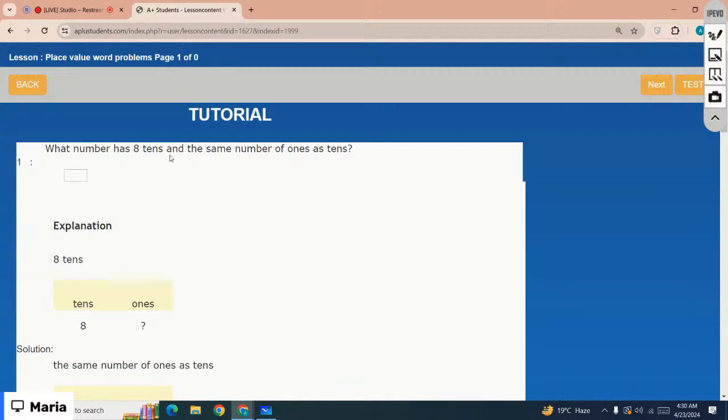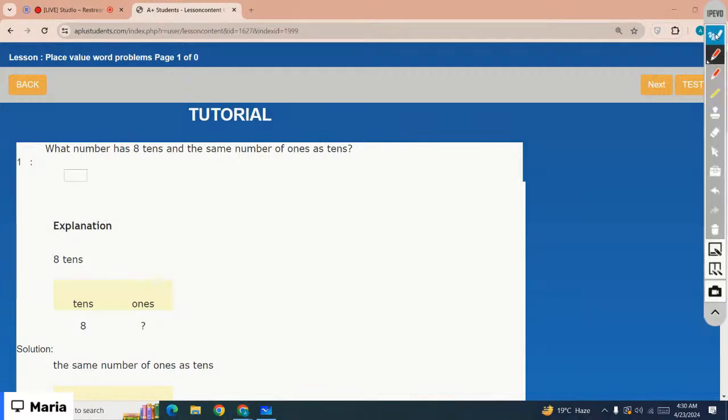Okay, what number has 8 tens and the same number of ones as tens? So which is the correct option? Just read the question carefully, understand the question, and you will get your answer. You are given that the tens digit is 8, right? And the same number of ones as tens. So if the tens digit is 8, the ones digit is